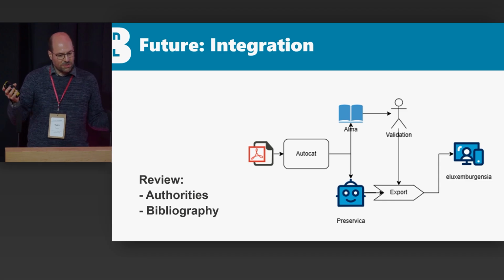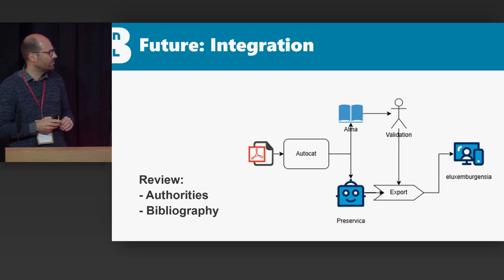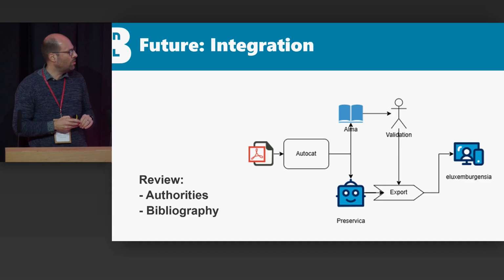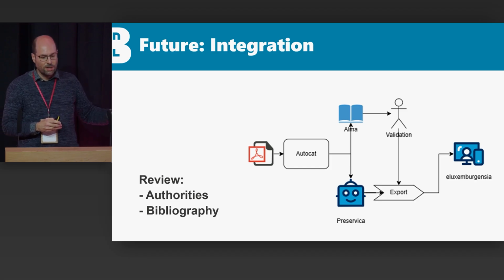So what is our next step? Well, our next step is to integrate it into production. This is a very schematic view of what we currently have as infrastructure. So we're using Alma by Ex Libris, Preservica by Preservica, and eLuxemburgensia is our online platform for digitized and digital